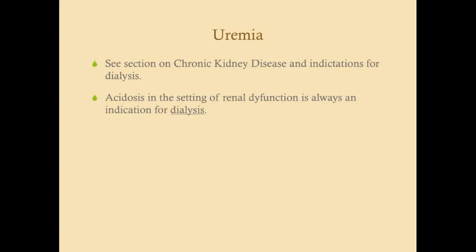So uremia is another cause of metabolic acidosis, and we're not really going to talk about that here since I kind of brought that up in the chronic kidney disease section. Acidosis is always an indication for dialysis if the patient has renal dysfunction. So definitely if the patient has an elevated BUN and creatinine and they don't fit any of the other MUDPILES symptoms or disorders, if they have an anion gap metabolic acidosis and they have kidney disease, go ahead and start